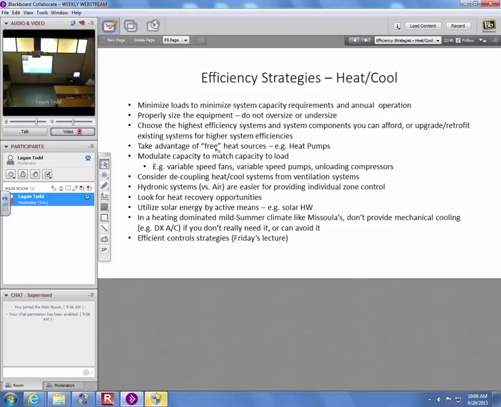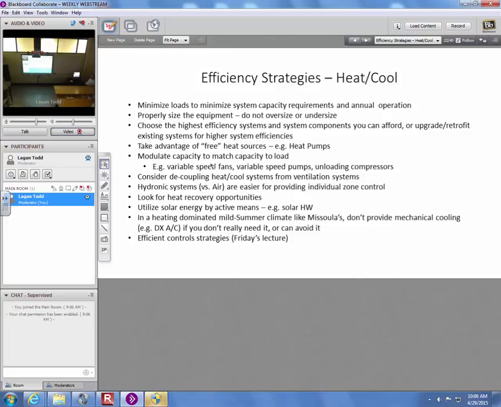Okay. Take advantage of free heat sources, and I put free in quotation marks here because nothing's free. But what I mean there is heat pumps that pull heat from the ground or from the air. We're going to discuss that a little bit. And then